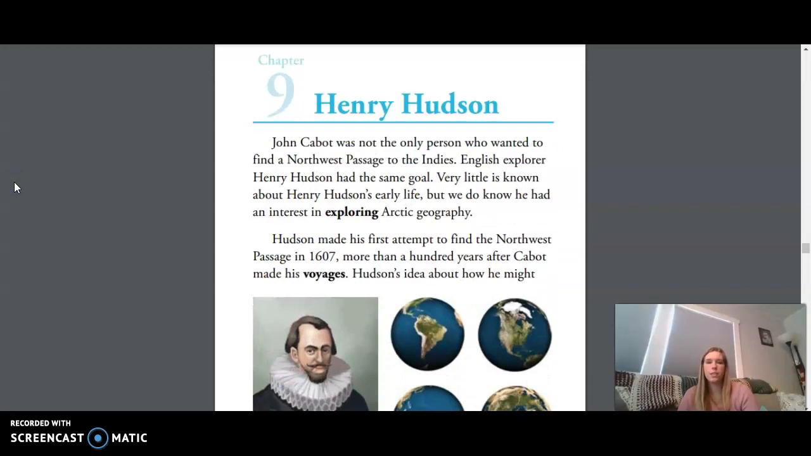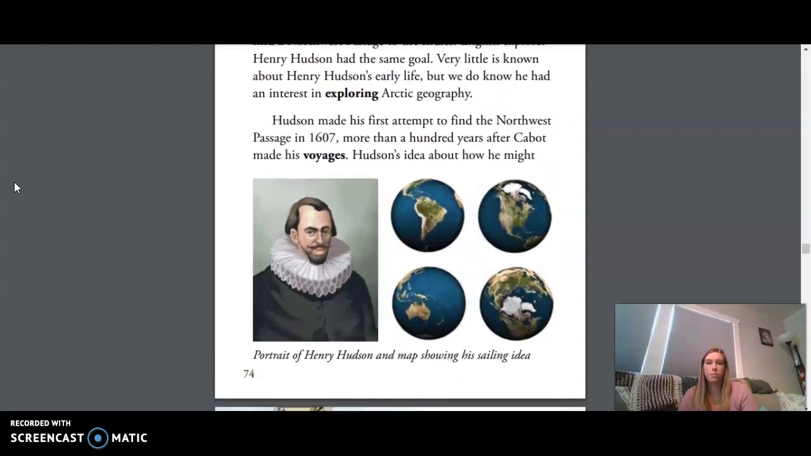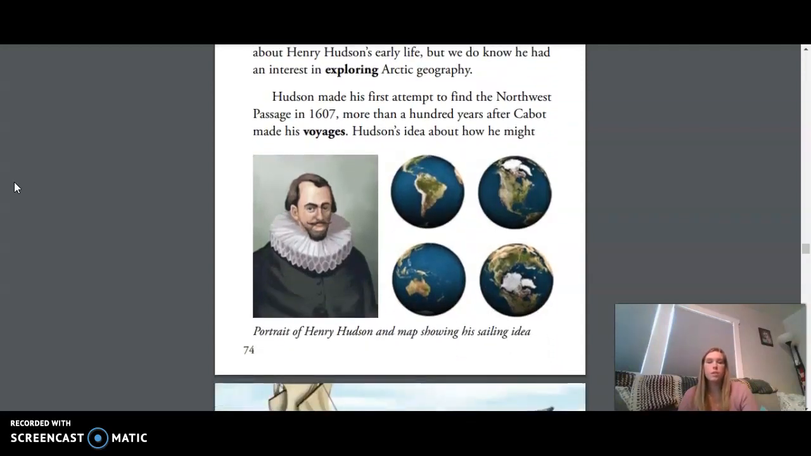Chapter 9, Henry Hudson. John Cabot was not the only person who wanted to find a northwest passage to the Indies. English explorer Henry Hudson had the same goal. Very little is known about Henry Hudson's early life, but we do know he had an interest in exploring Arctic geography. Hudson made his first attempt to find the Northwest Passage in 1607, more than 100 years after Cabot made